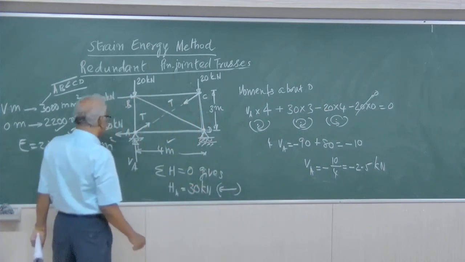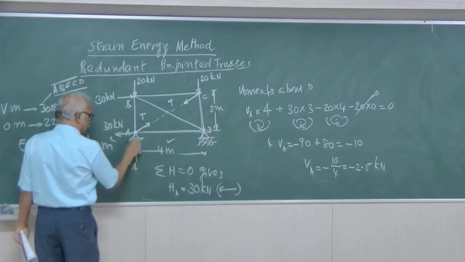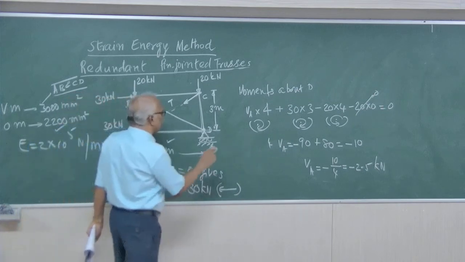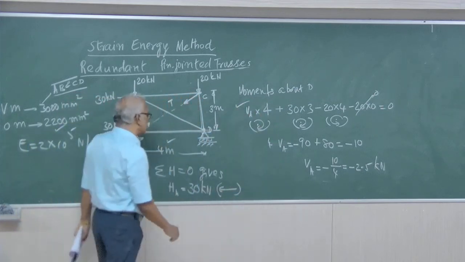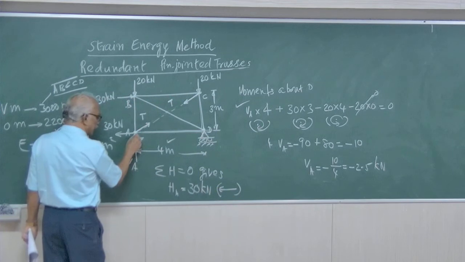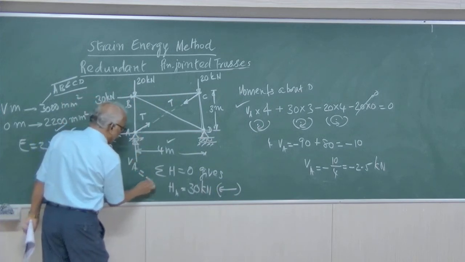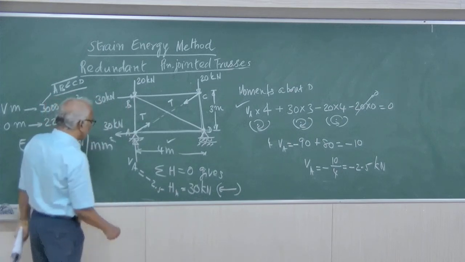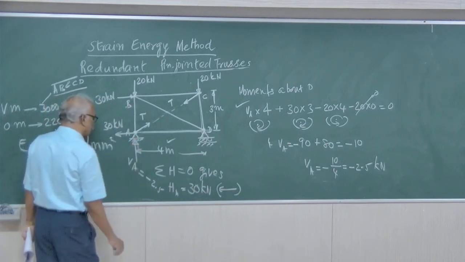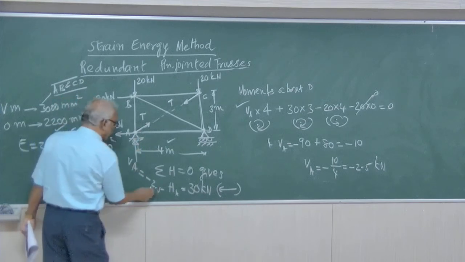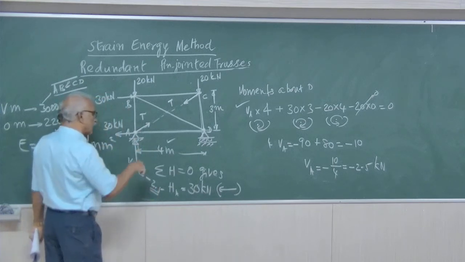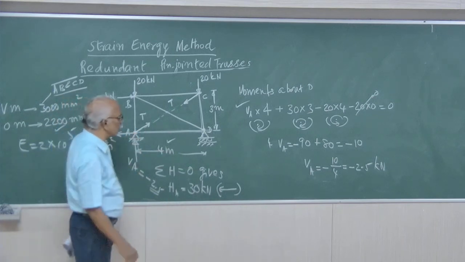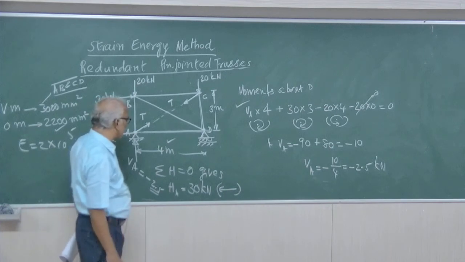That means this is downwards. When this is downwards, we should not try to change the arrow, because the equation that is written is on the assumption that it is vertically upward. So what you can do is, you can keep it upwards and say minus 2.5, or you can draw another diagram and mark the arrow downwards and say 2.5. So that is one reaction, right?